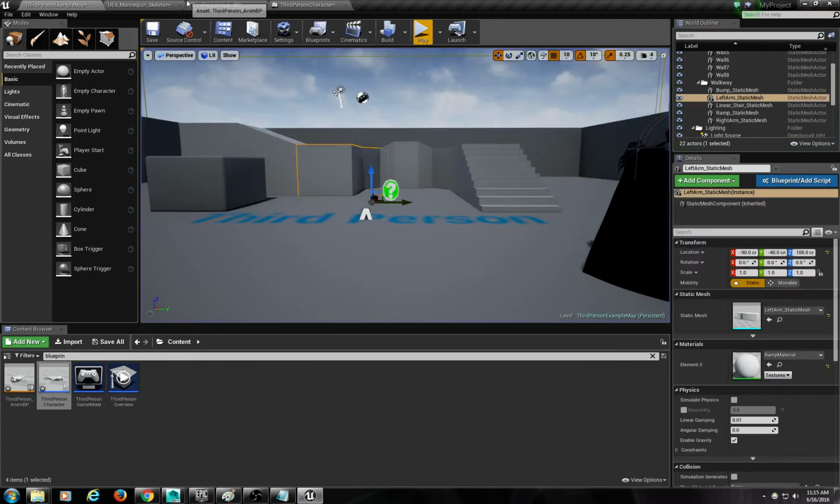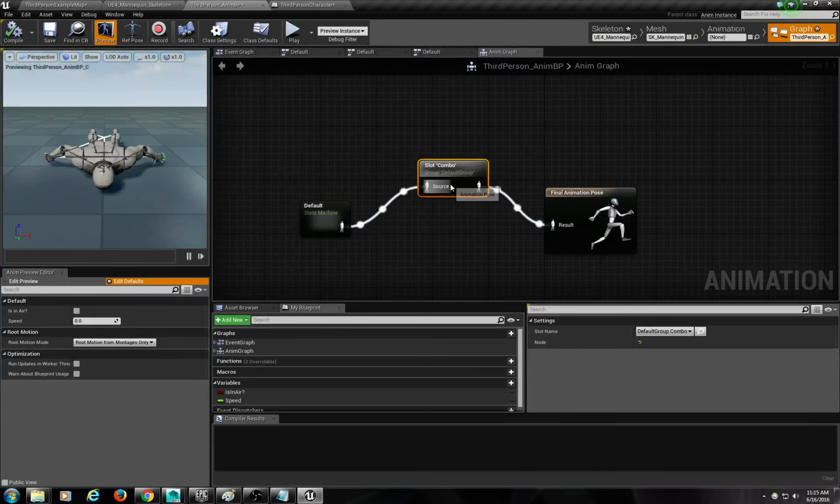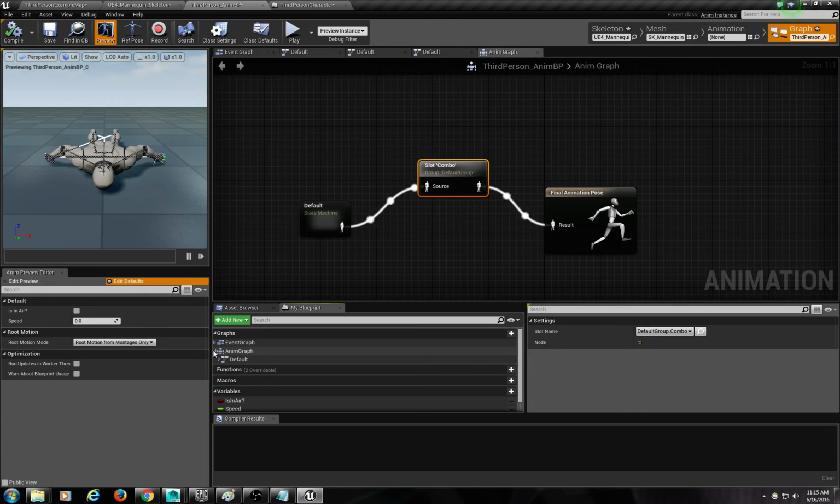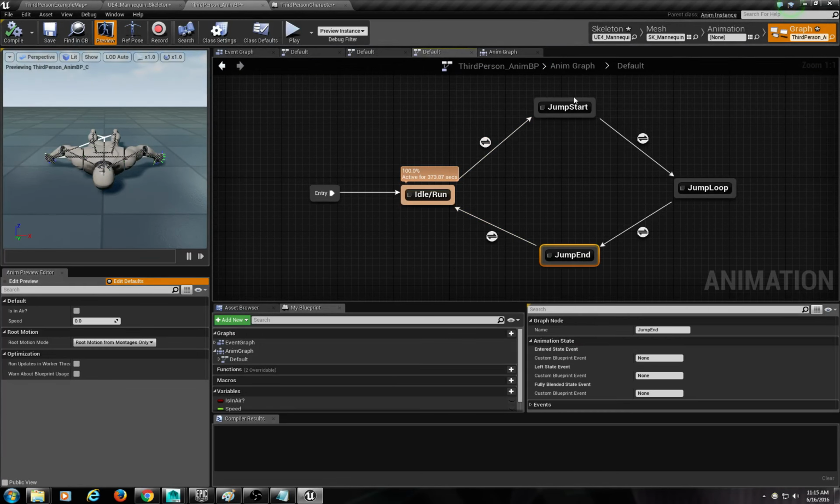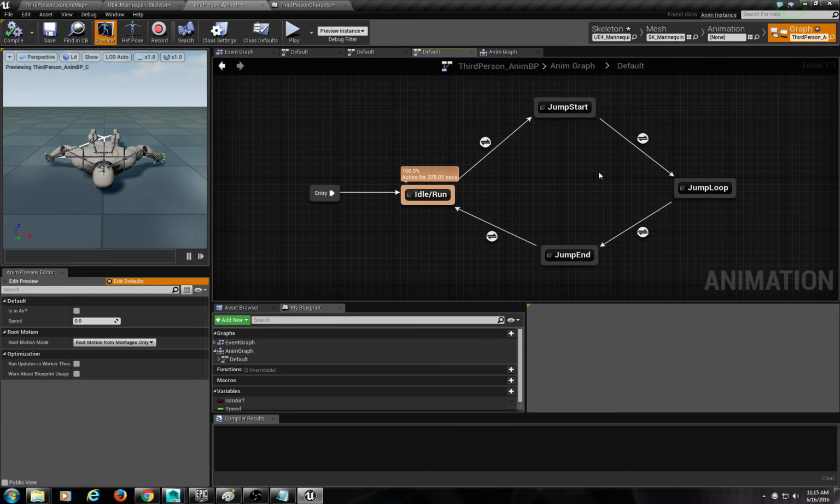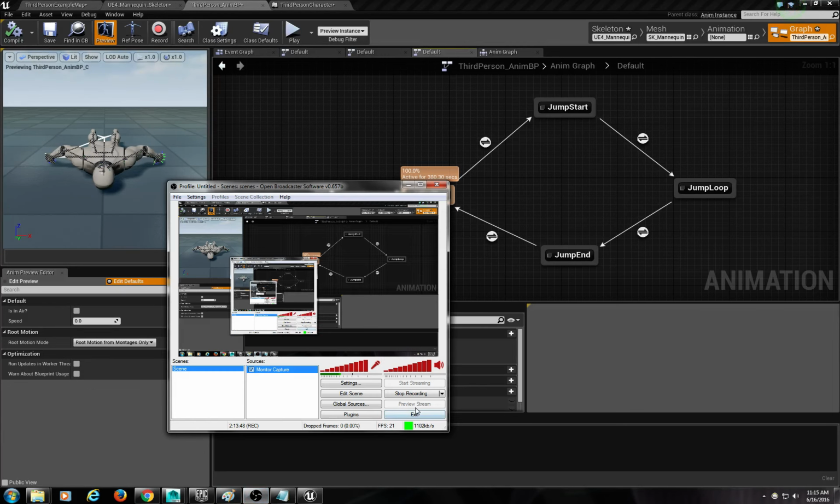It doesn't look bad when he does it. I mean, it can be beautiful. But the way you mess with states is under anim graph. There's something called default, and here's your states. So when he's in his jump start, jump loop, there should be a way to turn it off. He won't play that. We'd have to